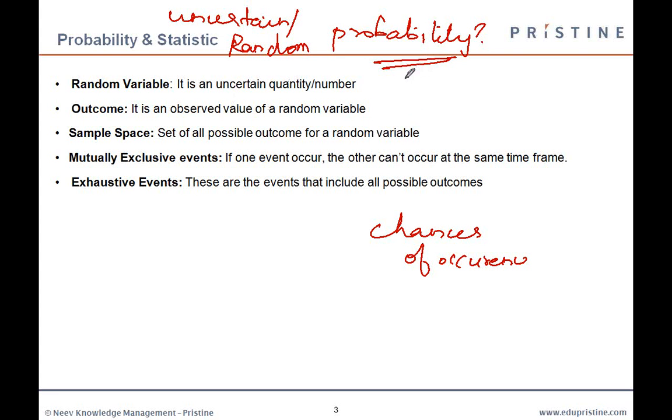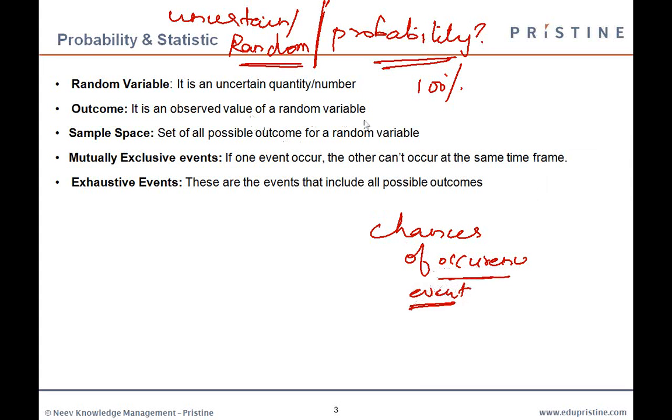So usually you associate probability with an uncertain event. Anything which is certain, there is no reason to ask probability, or in other words, we'll say probability is usually 100%. Okay. So probability is always associated with an uncertain event. Mathematically, we call such an event a random event. And as you have already said, probability is nothing but chances of occurrence. That is, you have some event of interest and you want to know the chances of that event occurring.